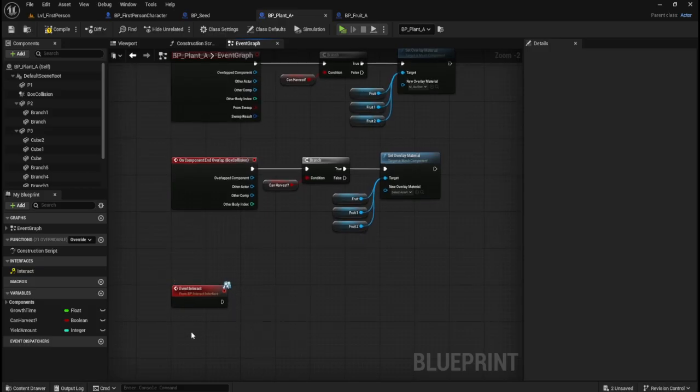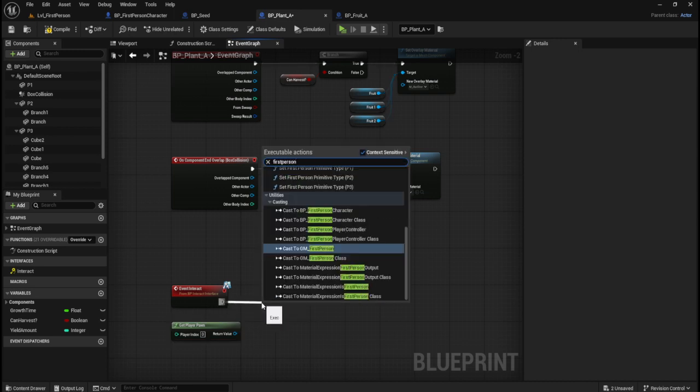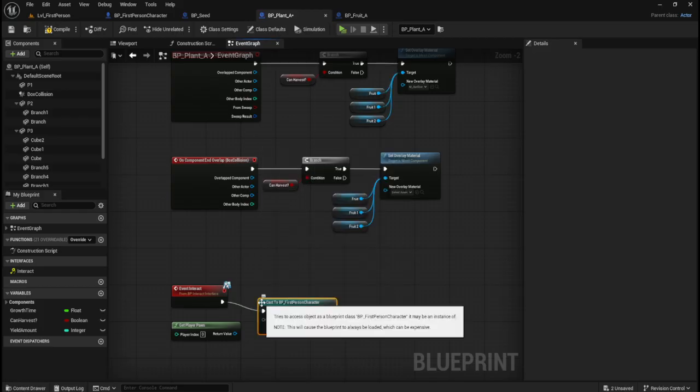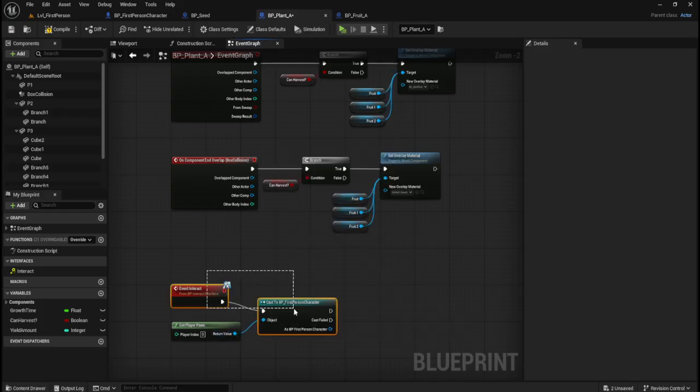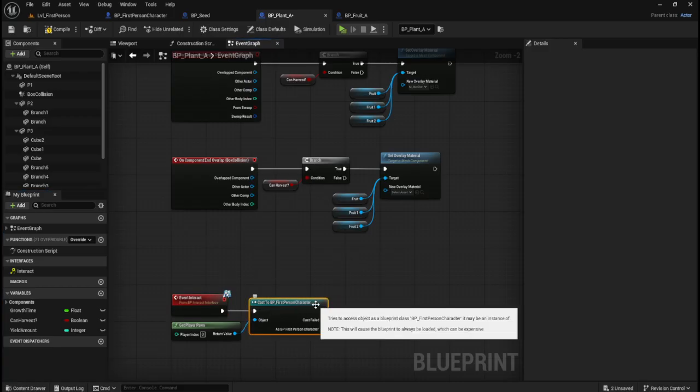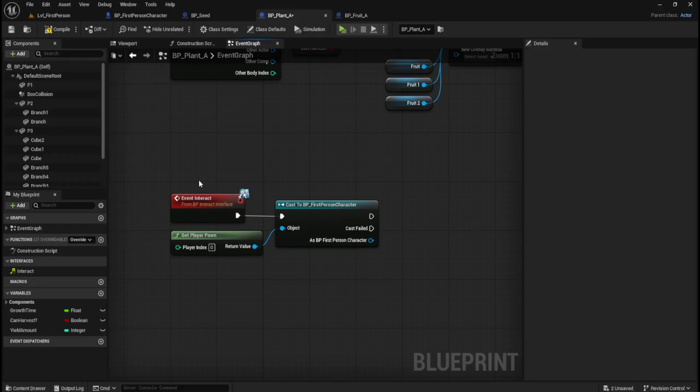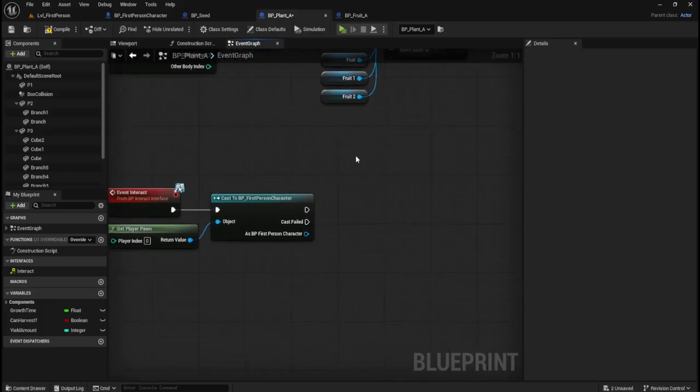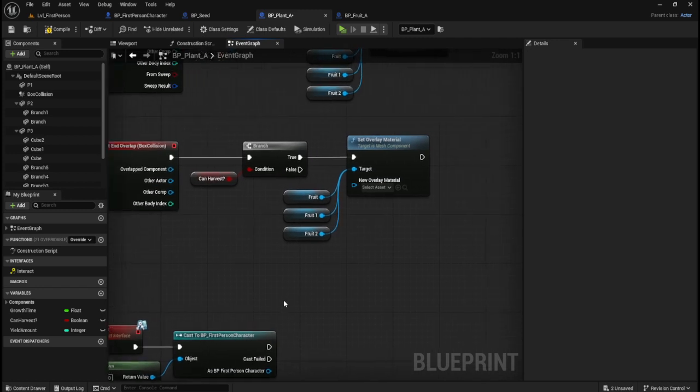Right, so we're going to get player pawn, and then cast to the first person character. That goes into there, that goes into there. Bob's your uncle. Oops. So basically, if the player presses E,